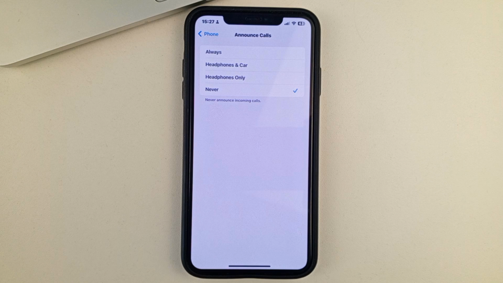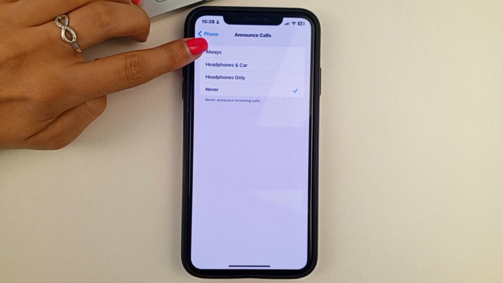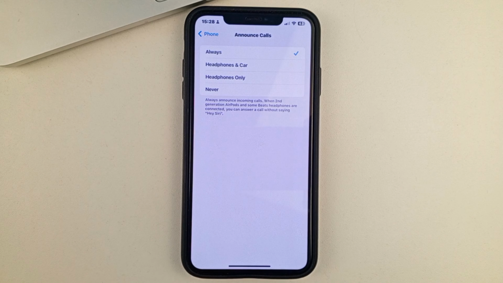You can choose one of the options. For example, only when you're wearing headphones and in the car, or you can choose the very first option, Always. That way, whenever someone calls you, you will have the name of the person calling you announced.